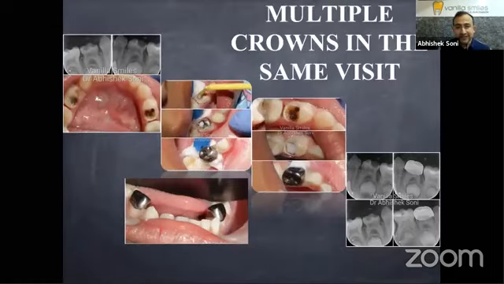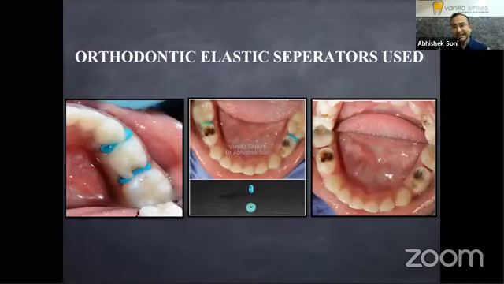So if you see over here, open carious lesions, however, a clear band of dentine, which was seen in 7.4 and 8.4. We did something called SMART Hall's, that is SDF modified atraumatic treatment. We selected both the crowns in the same visit, and we luted the crowns in place. This is the elastic separation, and that's the amount of separation that you will achieve eventually after 24 to 48 hours.